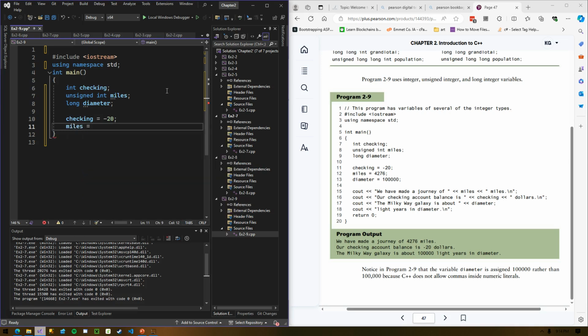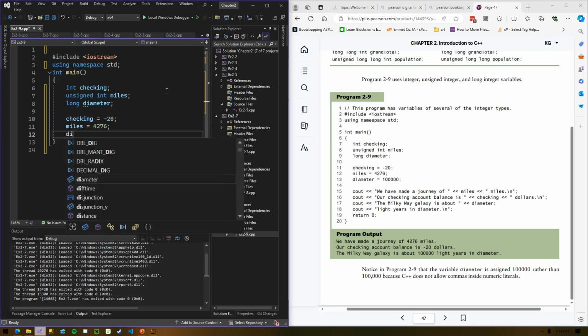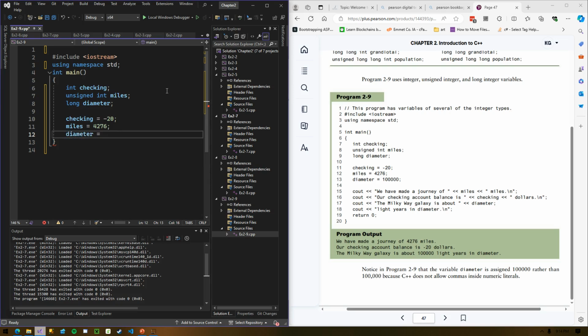Miles is unsigned, meaning it's only positive. We're assuming here that my number of miles would never be negative. 4276. As a side effect of that, I get to store larger values inside of miles because I don't have to use that 7th bit to store the sign of the number because we're assuming it's positive. Diameter equals some number.